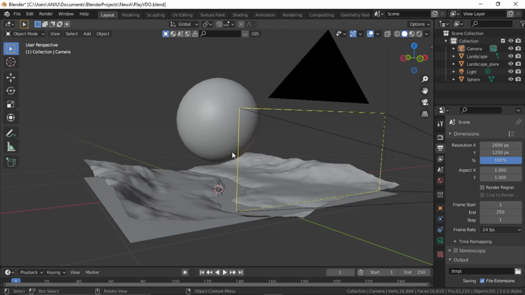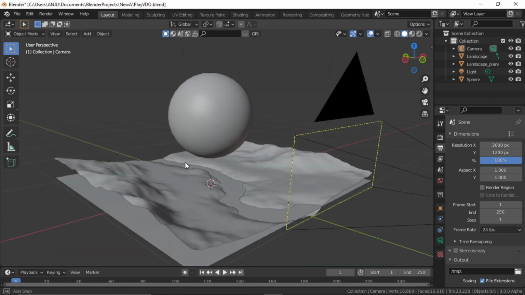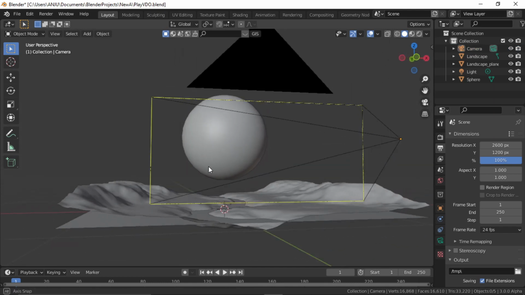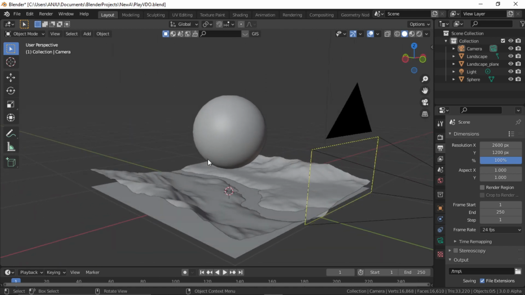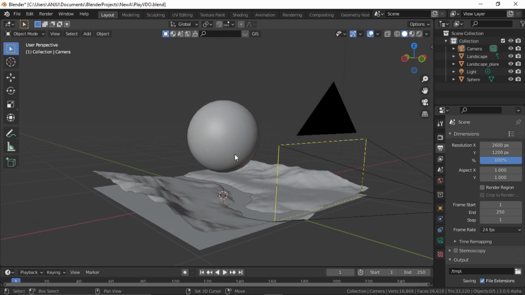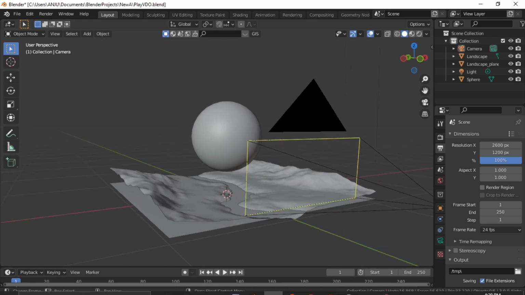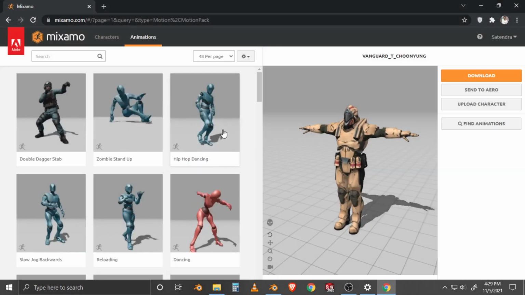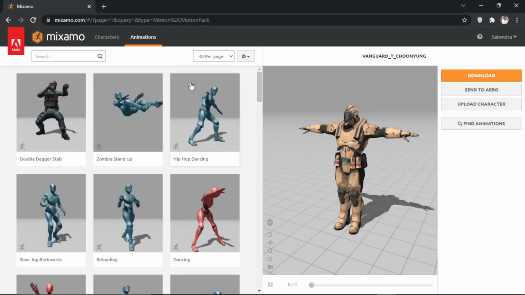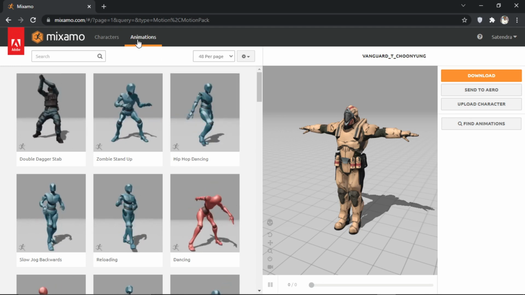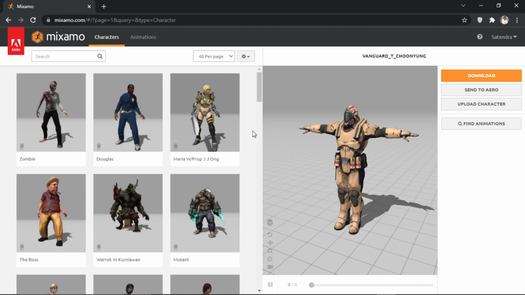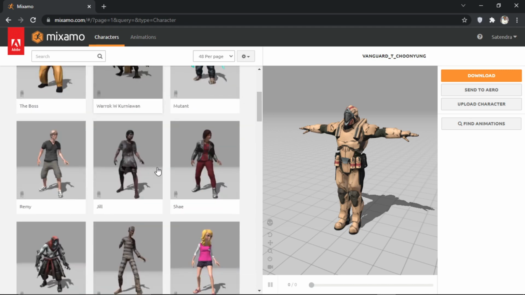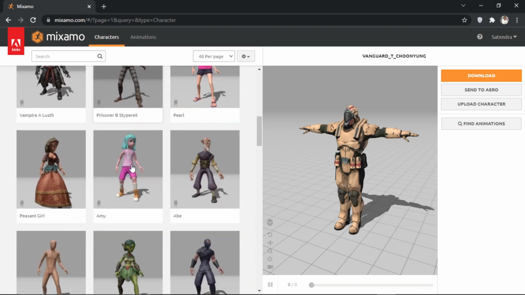Alright, so now to make this scene look even bigger we need something smaller so that we can create a sense of scale. So that is going to be a character and I'm going to grab this character from Mixamo. So let's go to Mixamo, and when you log into Mixamo you can go to characters and in here you can select different characters and use them in your projects.